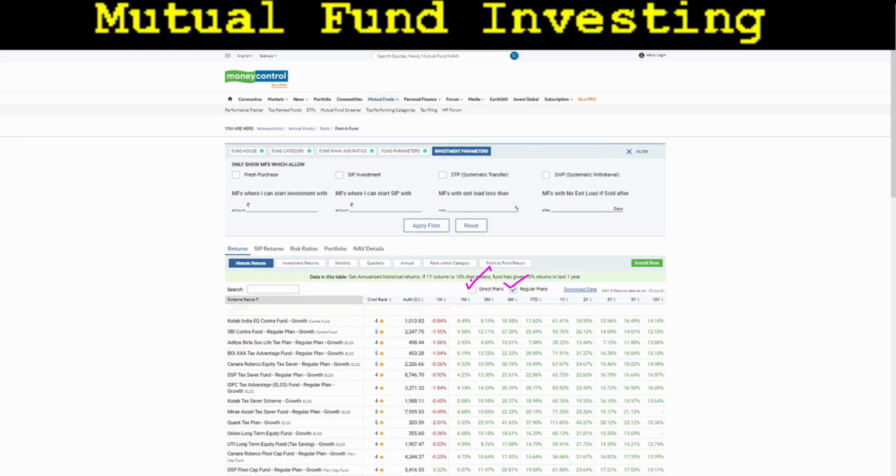In a regular plan, there is a middleman or a broker appointed to you by the fund house. In case of any query, you can always reach out to him. It is just like a traditional mutual fund which is sold by a broker and he charges a commission for that. So your returns automatically come down. It is seen that over a longer period of time, direct plans give far better returns than the regular plans. So it is better to go with direct plan instead of the regular plans.